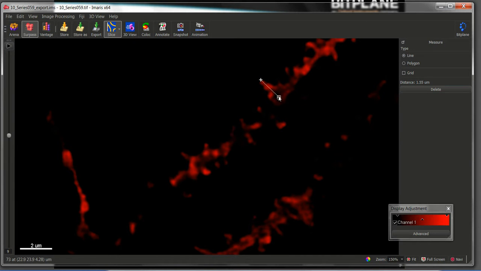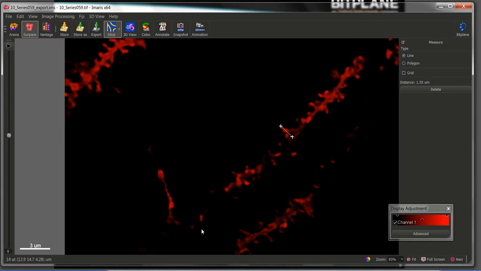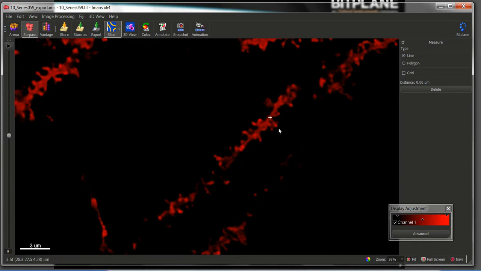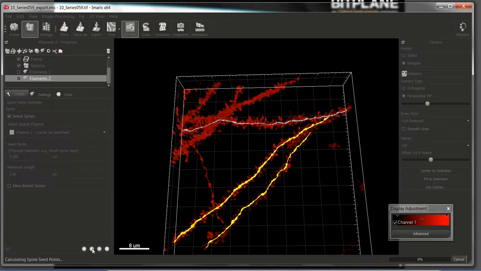In this case, I'm measuring a few of pretty close to 2 microns or 1.5 microns. So let's choose the longest distance, in this case 2 microns. So I will enter a maximum length of 2 microns. Going to the next step,